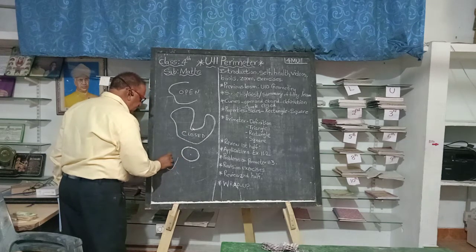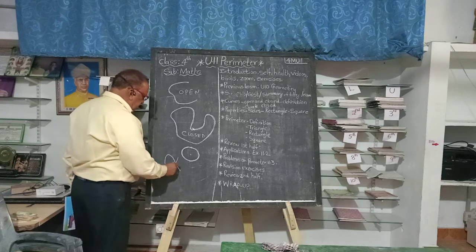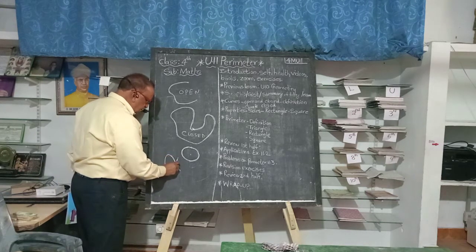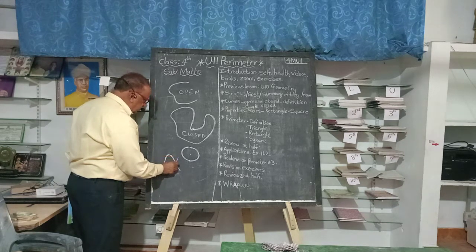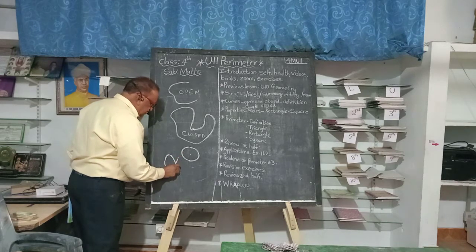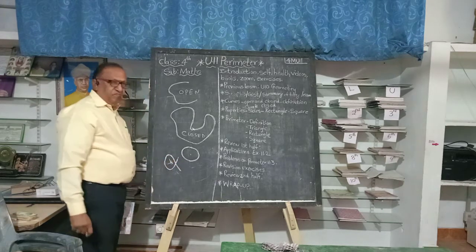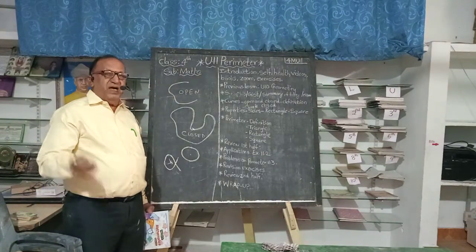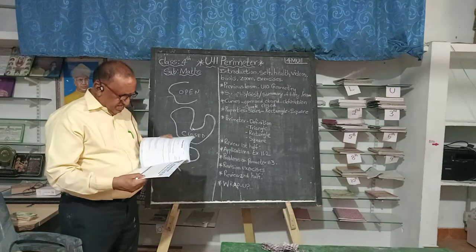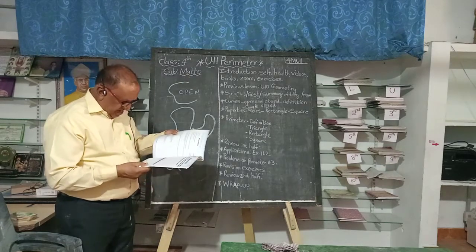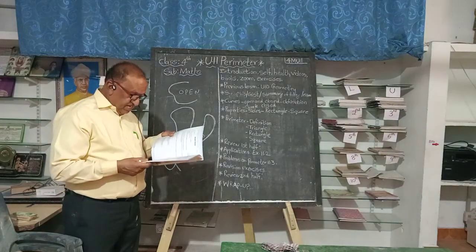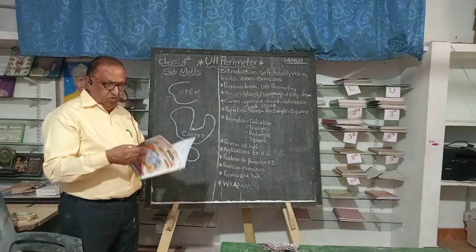Suppose you have something like this. Suppose you start at a point here, you come here, you don't know whether you want to go this way or this way. Alright, you went to here, and then you came all the way here, and you don't know whether you want to go this way or this way. This is not a simple closed curve. In a simple closed curve, you should be able to come back to the original point. Now here in the definition, if you look at page 151, a curve which begins and ends at the same point is called a closed curve.